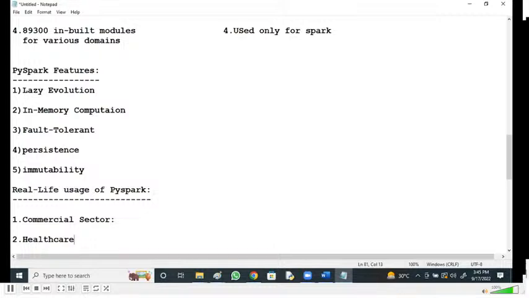So it is analyzing the patient records along with the previous medical history to identify the real issue.